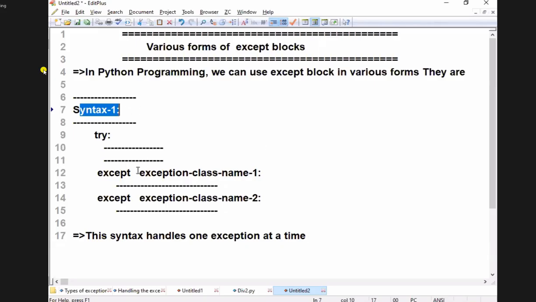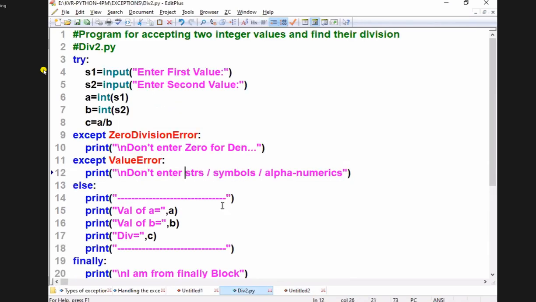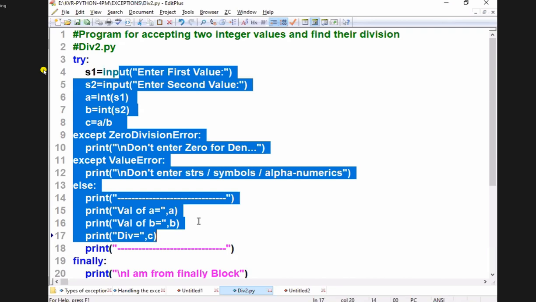This syntax handles one exception at a time. Very good. That is our example we discussed so far: except ZeroDivisionError, except ValueError. Keep in mind that this is a standard syntax.